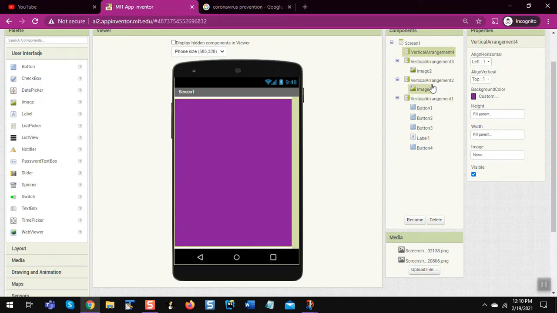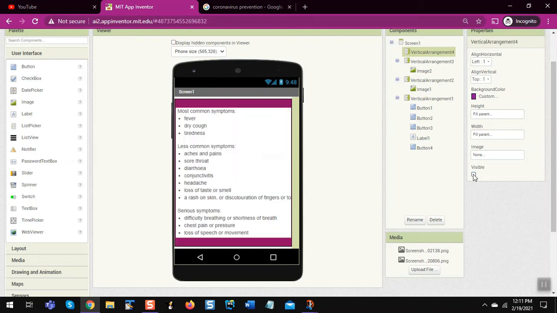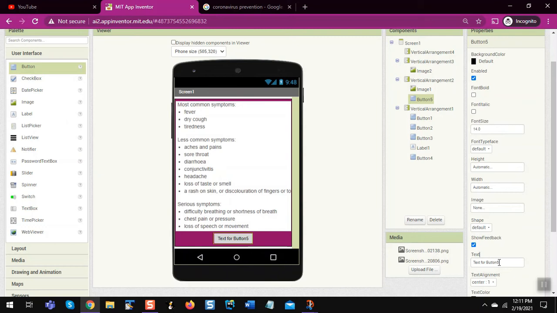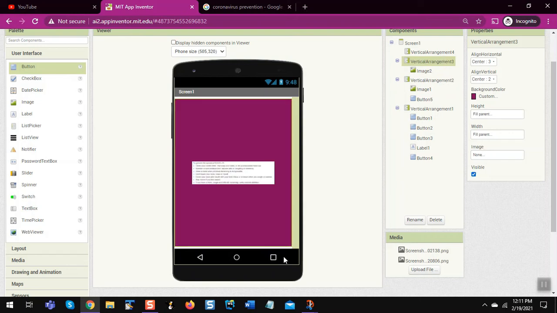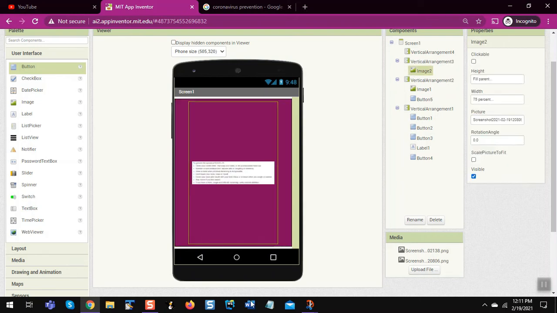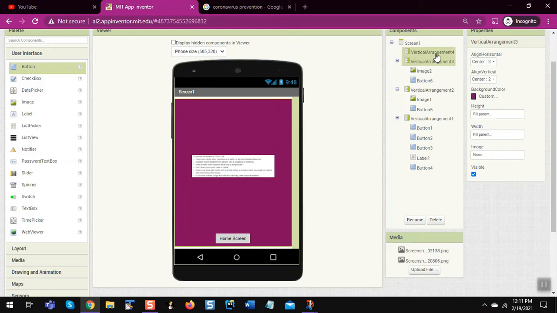Click on done. Then in this we don't need a screenshot because there are only 4 vaccines. And we forgot to do one thing. Go to vertical arrangement 2, click on visibility true and vertical arrangement 4 visibility to false. We need to put one button here. Set it to home screen. First copy this to visibility off and this to visibility on. Control V, put it here, home screen, and then lastly